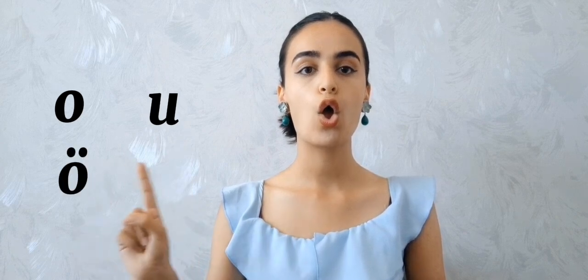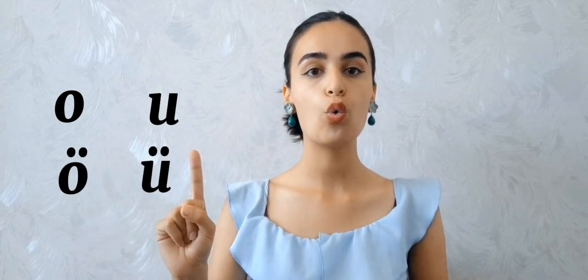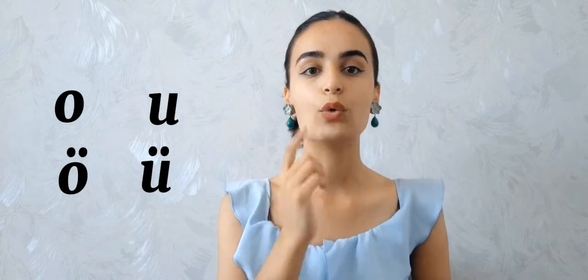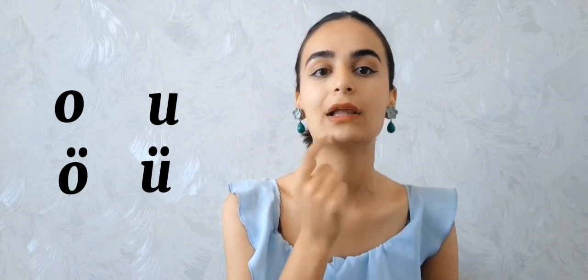Great. O, U, E, U. These are where you round your lips like this. U, U, O, guys. But in English, it's not like that. You say bird, but in Azerbaijani, you say ördek, ördek. You see? Ördek, but bird. The sounds are very similar, that's why I'm comparing them.